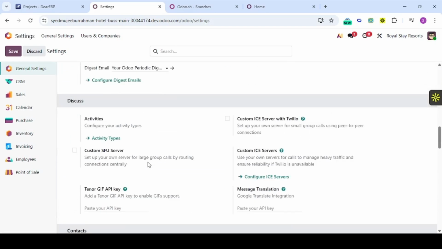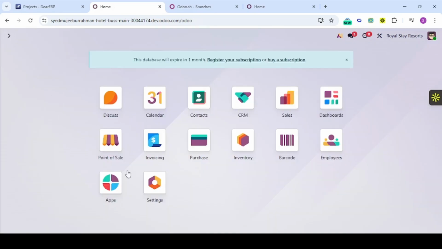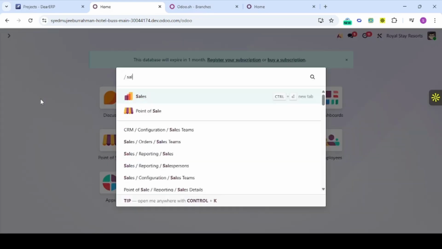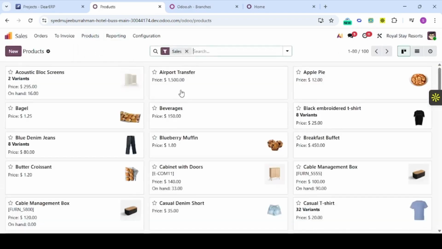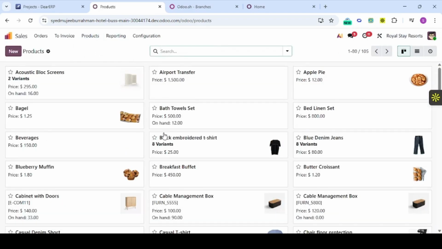And then I have to check the installed apps. As you have seen already in this landing page, all requested modules or apps are installed. And then I have to move into the products. So whatever products we have requested, related products